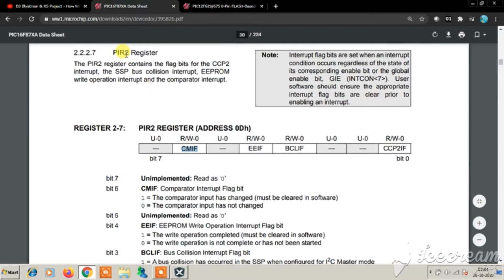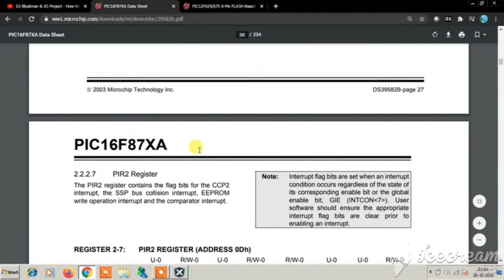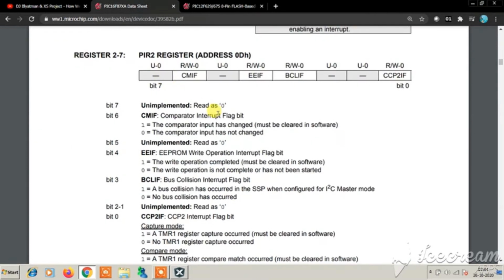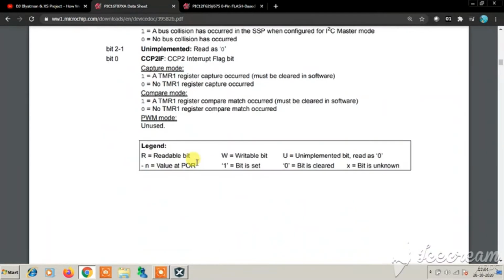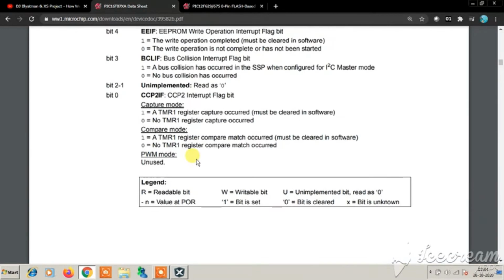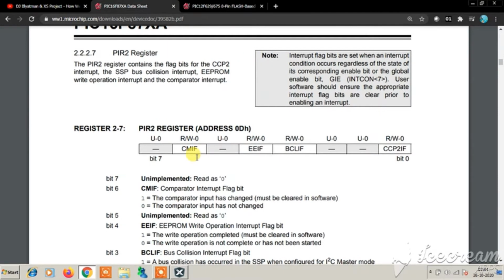I think you can very well understand that F is for the flag and E is for the enable. So I think you can very well understand what each bit is being used for. All these things are self-explanatory. So I think these registers are clear to you.